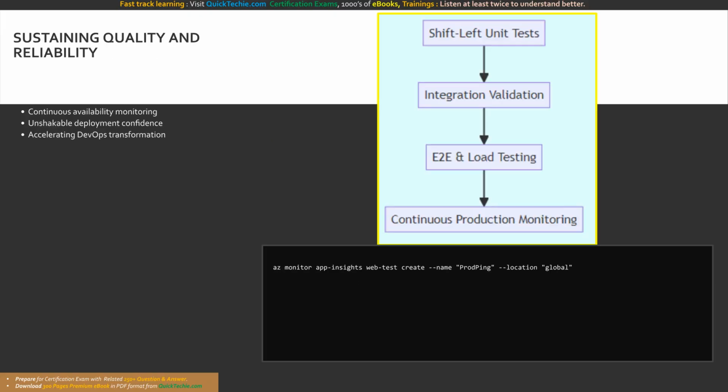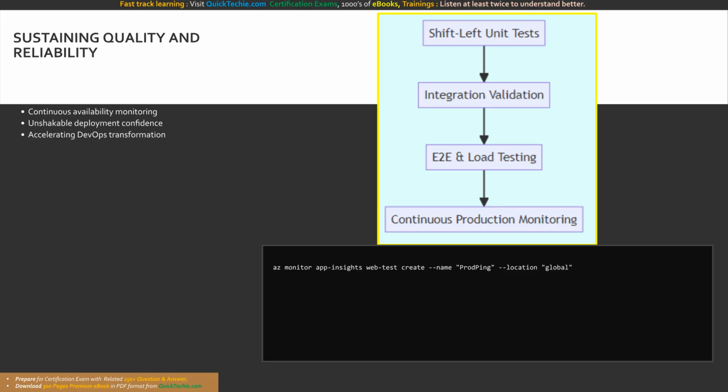To conclude this comprehensive module on designing a testing strategy, it is critical to recognize that automated testing is the foundational pillar of continuous delivery. By implementing rigorous local tests, automated unit tests, extensive integration validations, and cloud-scale Azure load testing, your transformation teams guarantee that only the highest quality code reaches your production environments. This multi-layered approach to quality assurance drastically reduces deployment risk, enhances system reliability, and ultimately delivers superior value to your